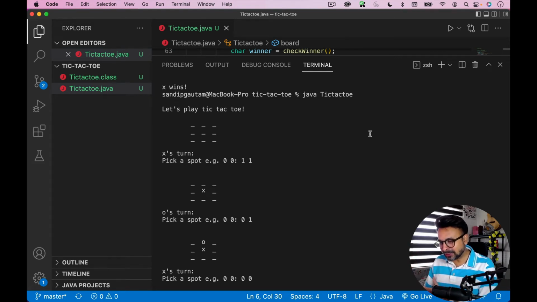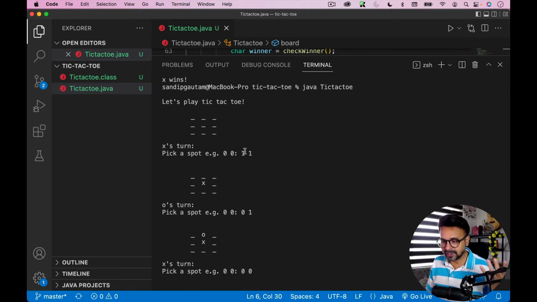And in today's video, we are going to build a really special, really interesting game which you might have played. I don't know when, but I really like this game. This is more of a multiplayer game called Tic Tac Toe. So this is what we are going to build in Java, and you're going to learn some of the Java concepts in this video. So this is a game I'm showing you, there will be a grid here, and then